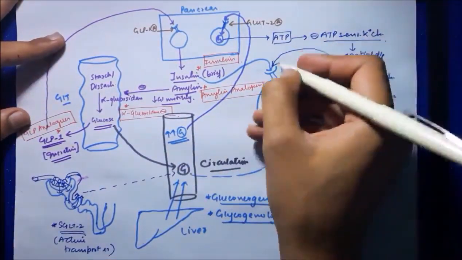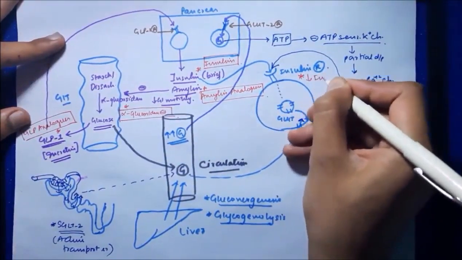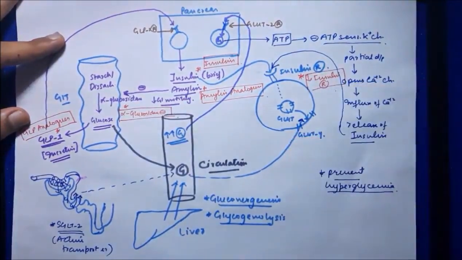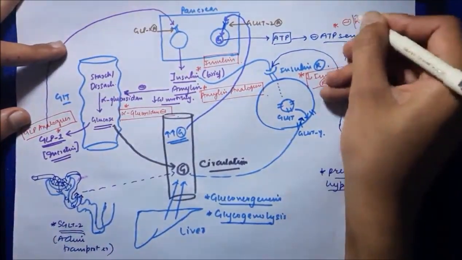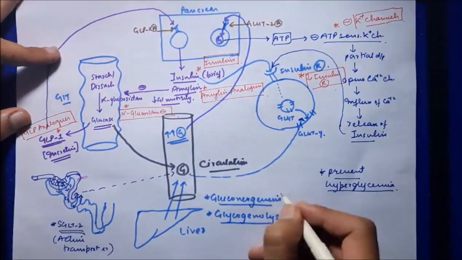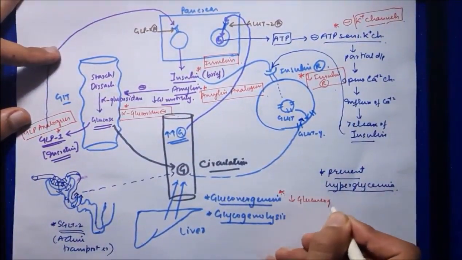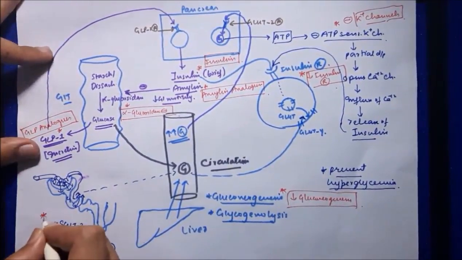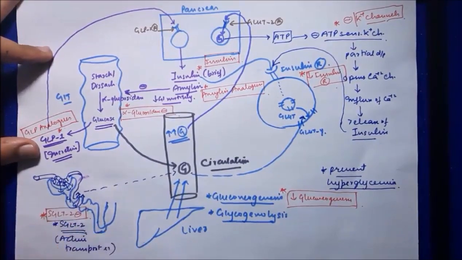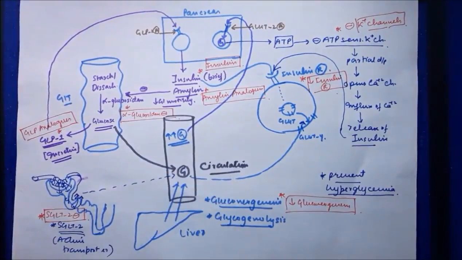Apart from this, we can use drugs which will decrease insulin resistance. When insulin is constantly used, it results in creation of insulin resistance, so that can be decreased by a class of drugs. And we can use another class of drugs which will inhibit potassium channels. We can use drugs which decrease gluconeogenesis, such as metformin, etc. And we can use SGLT2 blockers, which will inhibit the reabsorption of glucose from the proximal convoluted tubule, and thus they will be very useful in preventing hyperglycemia, and they are quite effective in patients with diabetes mellitus.